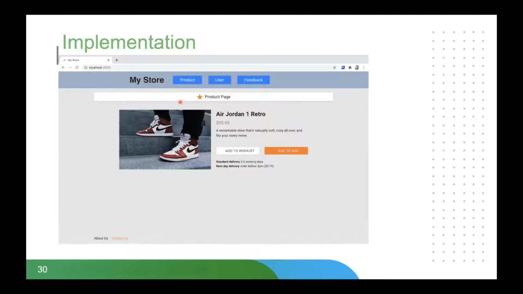There are basically three micro frontends: one for the product, one for the user, one for the feedback, and there is one container app. On the root page, it will render the product micro frontend. On the user page, it will render the user micro frontend. On click of feedback, it will render the feedback micro frontend.